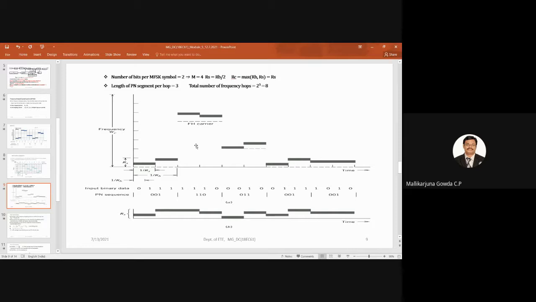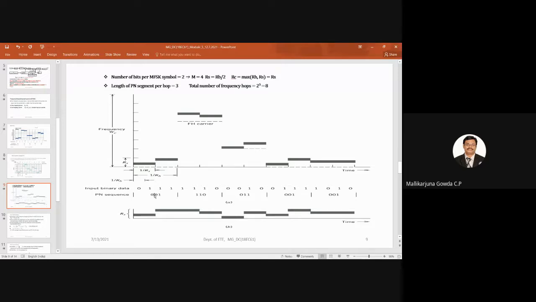Looking at the diagram, is it possible to say whether the number of bits for the MFSK symbol is 2 or 4? Quickly, people should be able to identify and say. 2 bits, sir. Okay, it is the same as the previous example. The only thing is the hopping frequency is different. I have taken it here as 3 bits. So it is clearly indicated now, right?